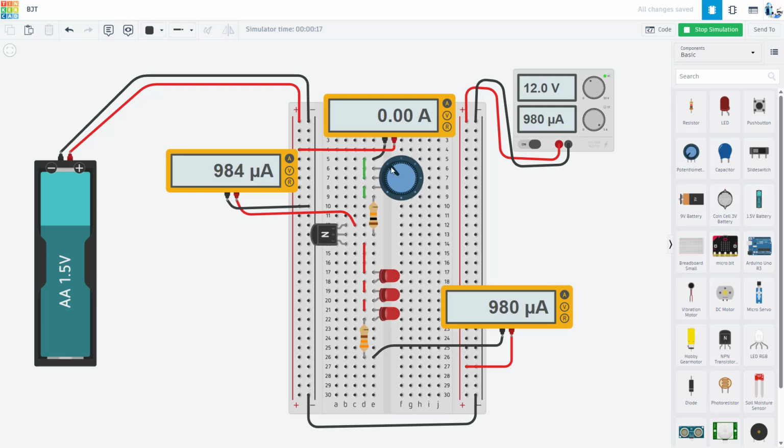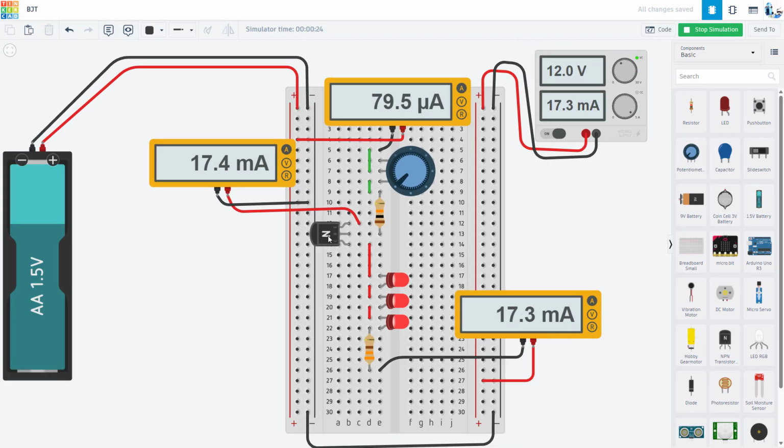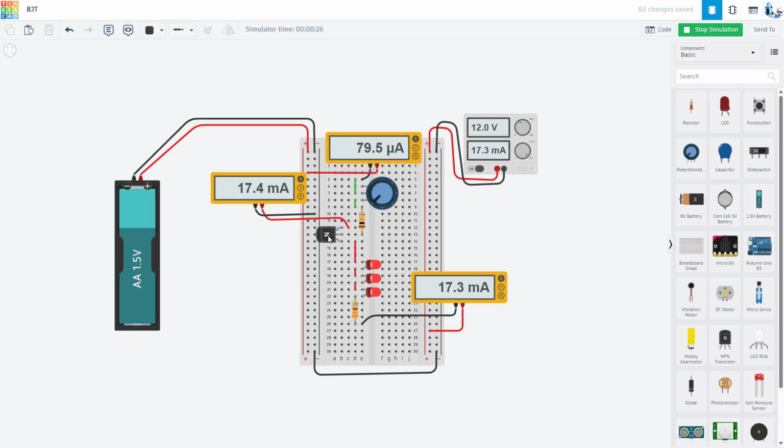Hello, in this next video in our Tinkercad Circuits Lab series, we will be looking at NPN bipolar junction transistors, or BJTs. Specifically, we will be building something that allows us to demonstrate the different operating regions of the transistor, going from cutoff to the active region to the saturation region, and we will be demonstrating how a transistor can